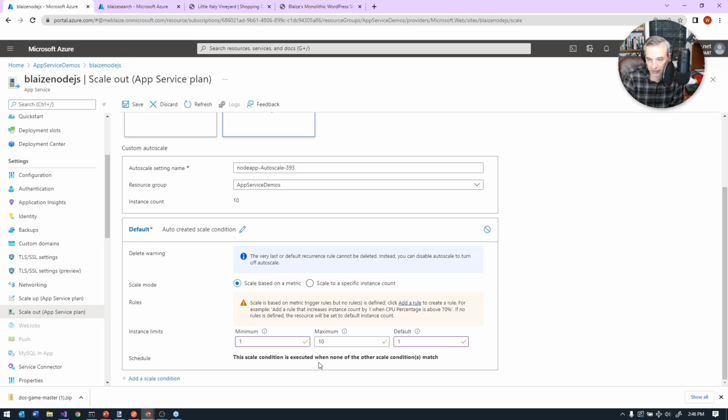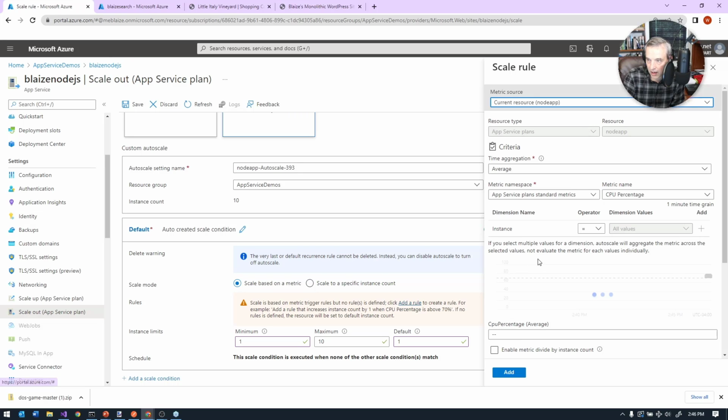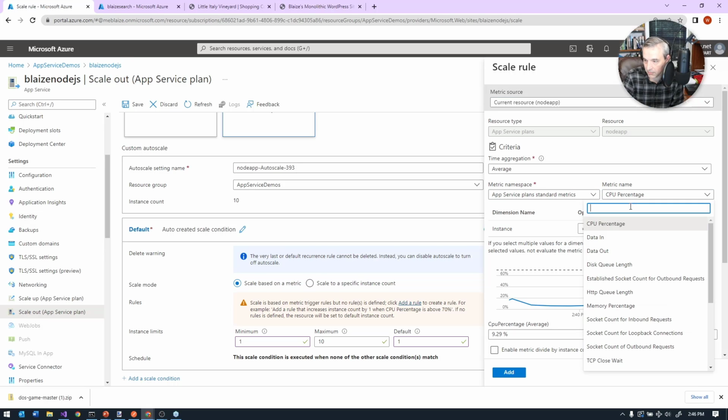The scale condition executes when I edit my condition right here, and where is the autoscale condition? Scale based on a specific metric, add rule. There it is. Here's my scale rule. I was looking for that link. This is where you can do it based on the metrics that you might have. So if you look at your different metric names, you can do it based on CPU percentage. That's a common one. So scale it based on the amount of CPU utilization. You see that growing, you might want to increase the number of instances